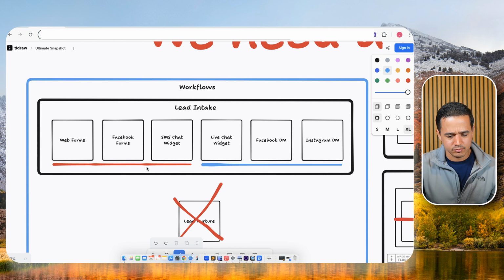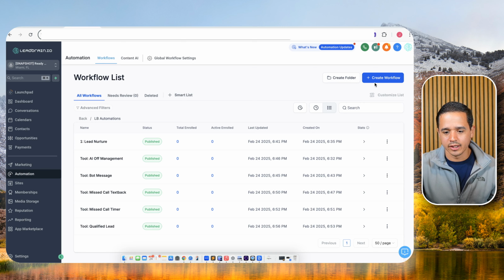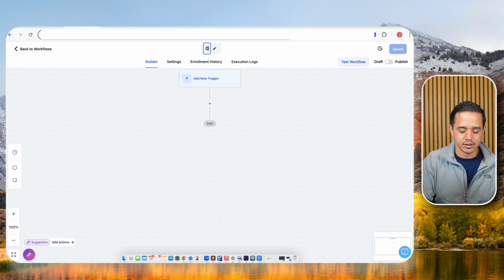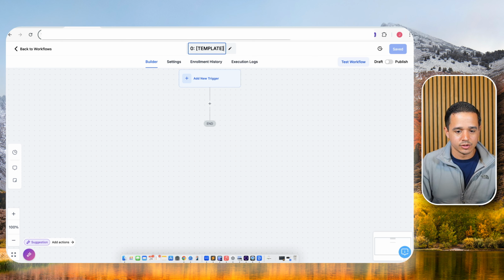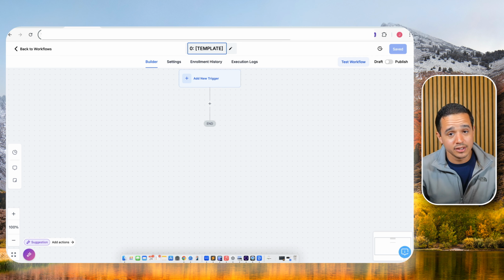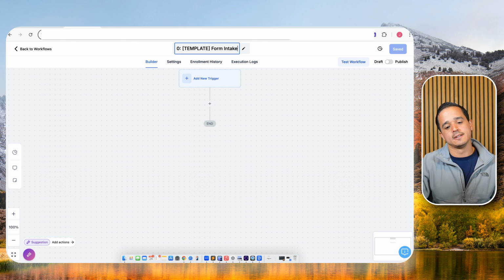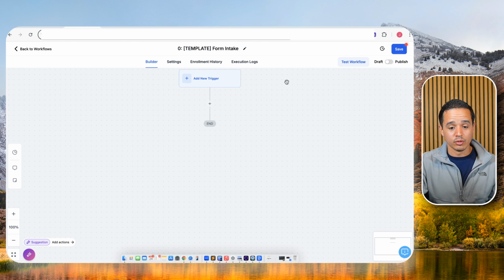And so what I'm going to do here is I'm going to create the form one first. So let's come back in here. And this is where the numbers come in because I'm going to name this 0. And I'm going to call this a template. So I'm using my square brackets again. So if you see this, don't modify this template, duplicate this template. And I'm going to leave these as drafts so that you don't modify them. So we're going to call this form intake. I'm going to leave the trigger empty for now, but if you were in here, you would